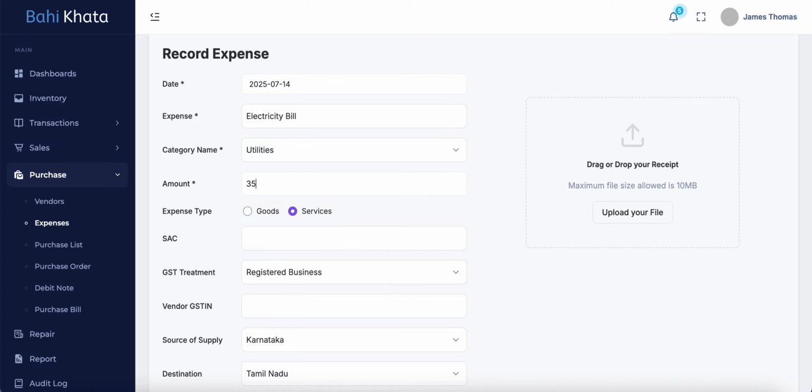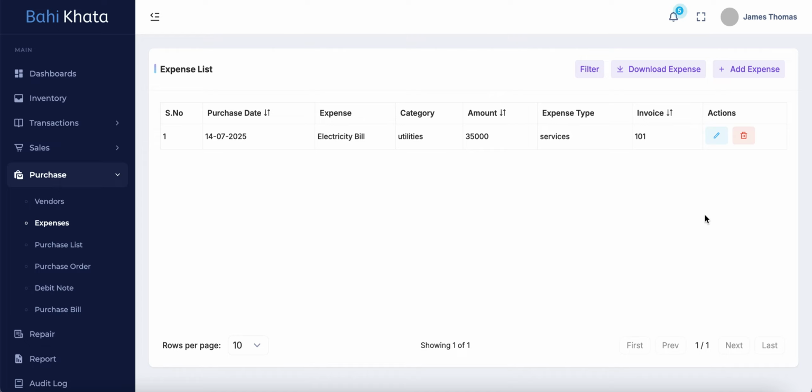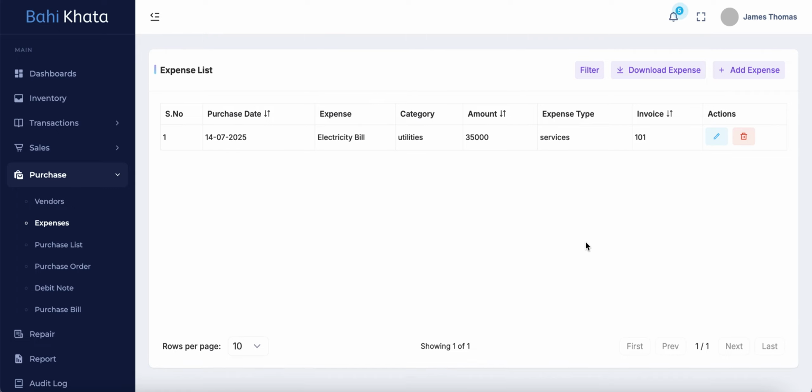Let's make it 35K instead of 45K, and I'll click on save. Once you update, the amount gets updated to the new one, and there is another action button, which is a delete button, which you will click to delete this entire entry completely. At the bottom we have pagination intact, and at the top we have three buttons, which are filter, download expense,